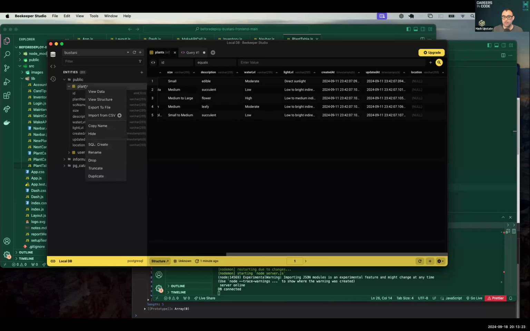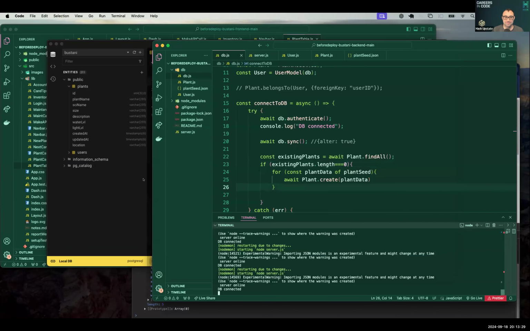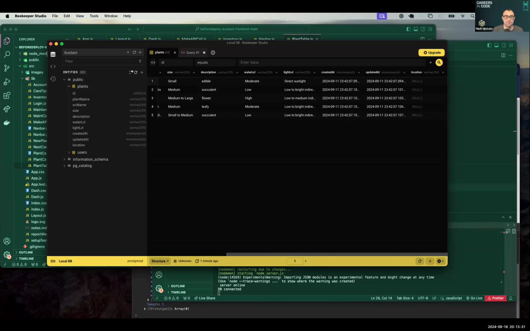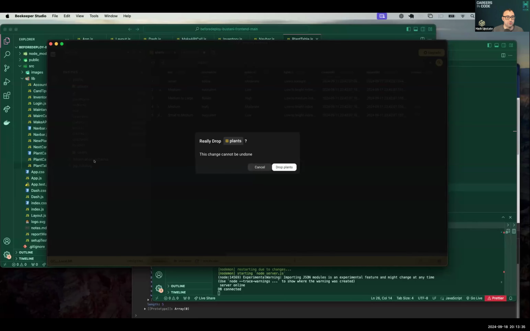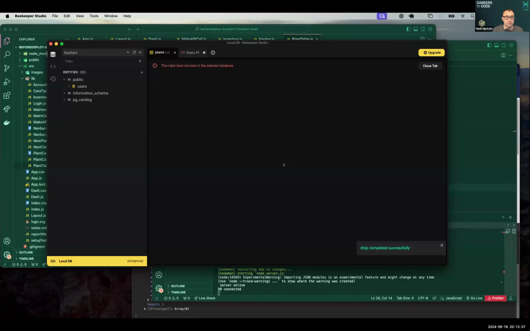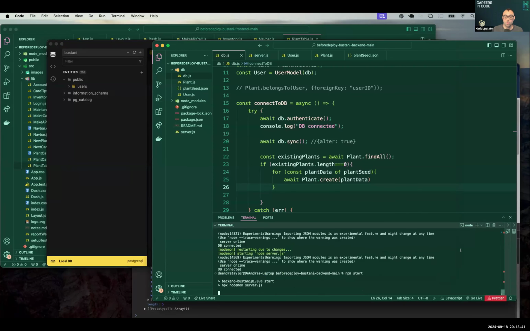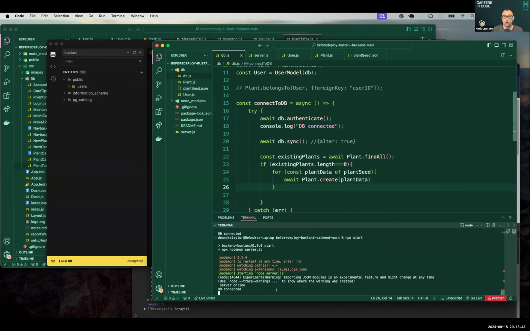Or we could get a little hacky. Where did that table go? If we delete the table, oh, it actually didn't delete. Drop. Now it deleted the whole table, but what the code will now do is recreate the table with the sync and then see that the table is now empty.